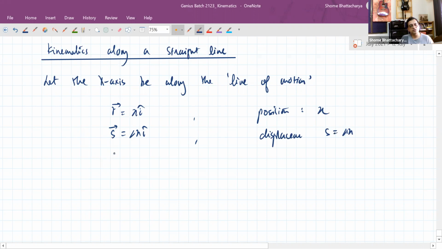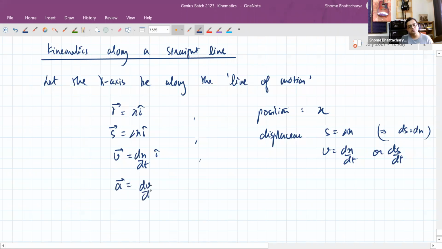What we are writing as velocity, we can simply write as dx by dt, or that is the same thing as ds by dt, because if s is delta x, that means ds is equal to dx. And what we are writing as acceleration vector, which is dv by dt I cap or d2x by dt square j cap, we can simply write that as